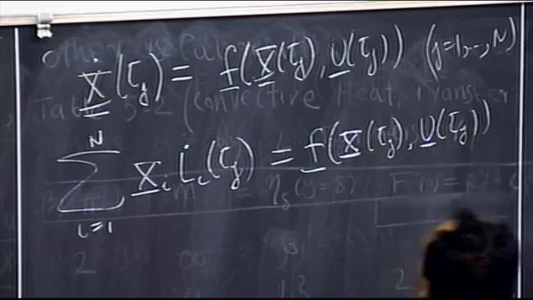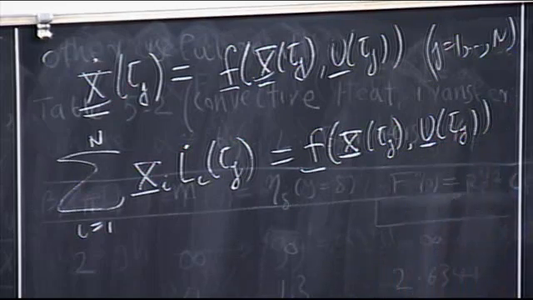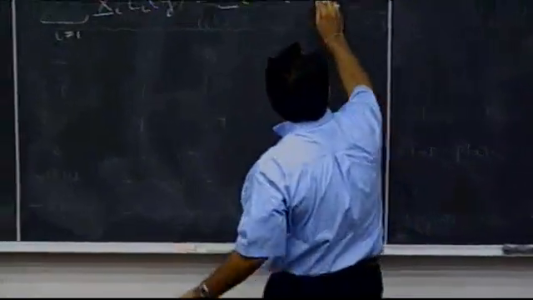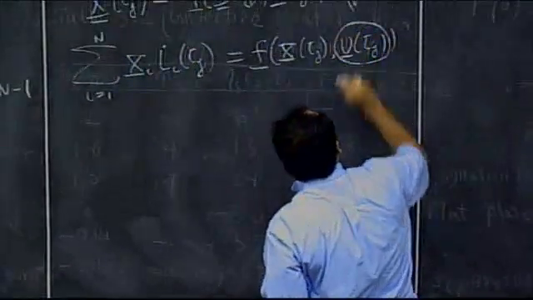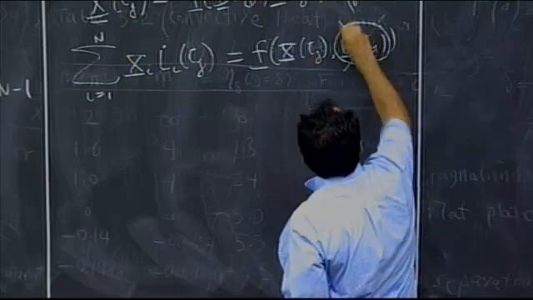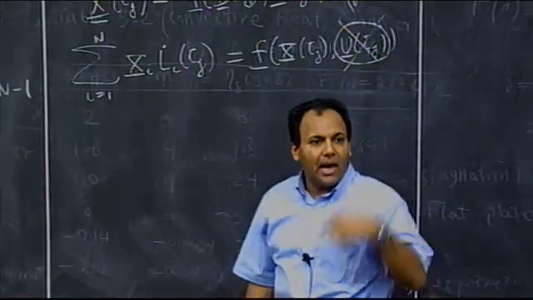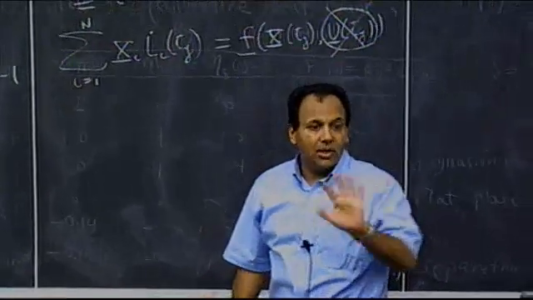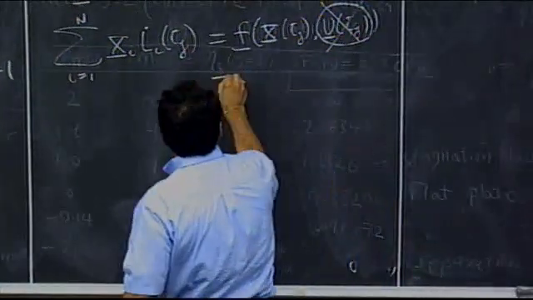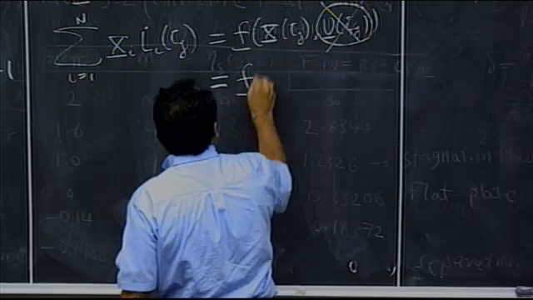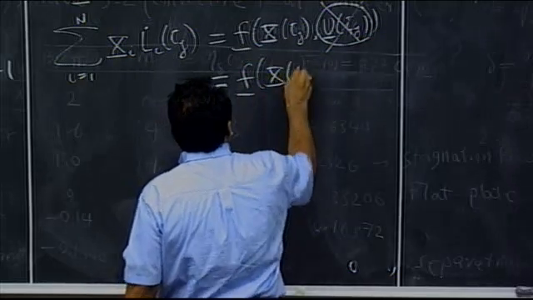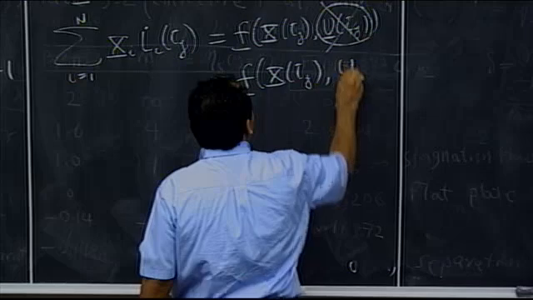Problem is, do I have an approximation for the control? Did I write down any function approximation for the control? I didn't. So there is no function u of tau j. This does not exist. This is wrong. What I have is a value of the control at that point. That's all I have. So this is actually more correctly stated as f of x of tau j and uj,